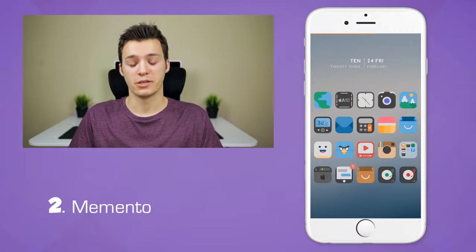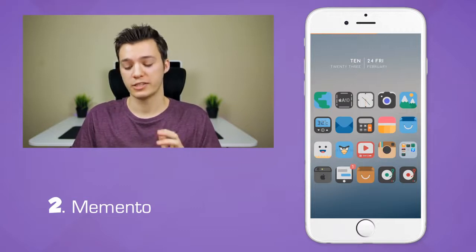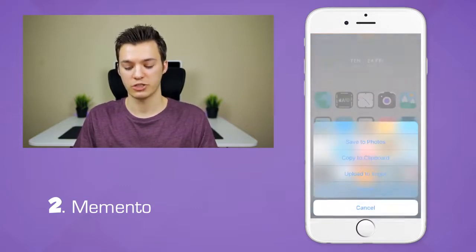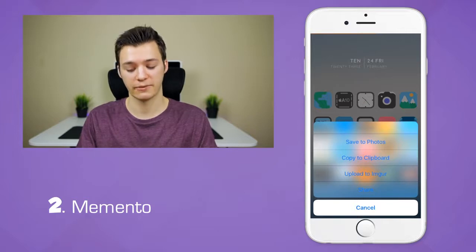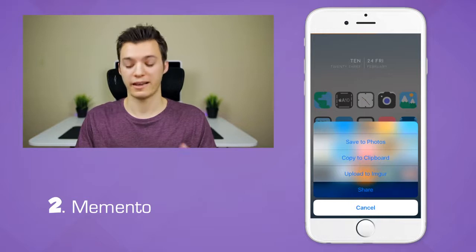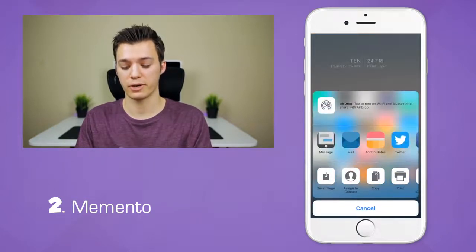The next tweak is called Memento, and this just gives you extra options when you take a screenshot on your device. So if I go ahead and take a screenshot right now, you can see we have this prompt here to save to photos, copy to clipboard, or upload to Imgur, or share. And if I go ahead and click on share, you can see that I can share it through an iMessage,